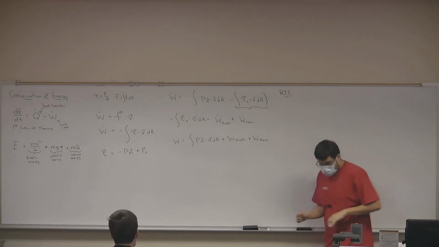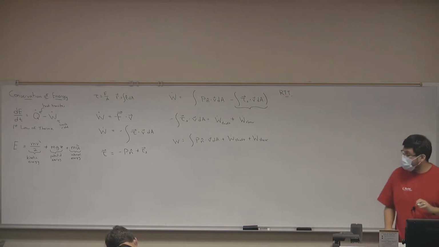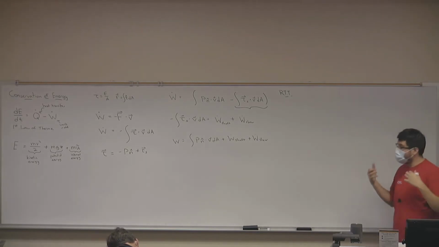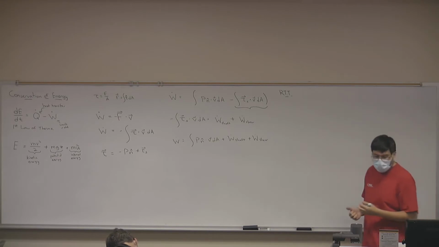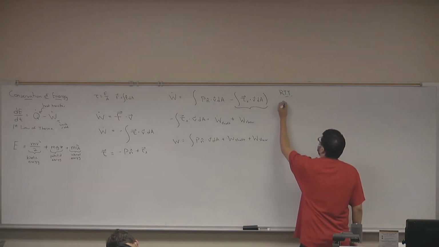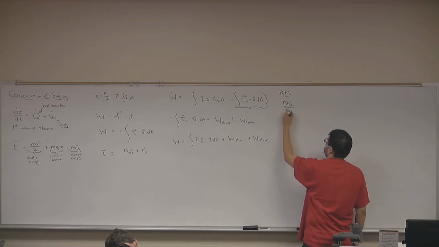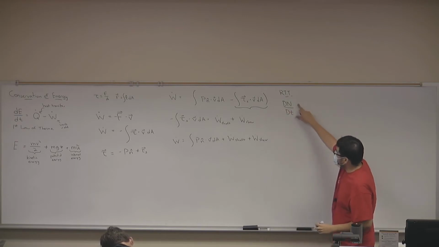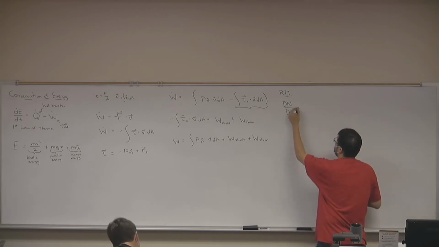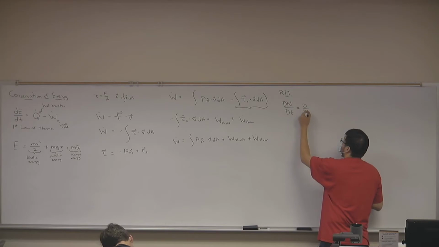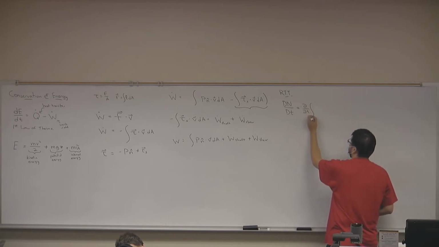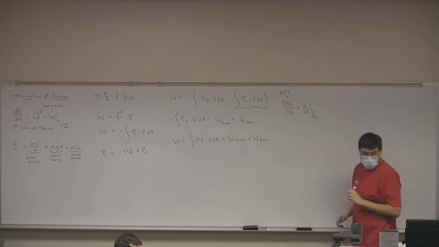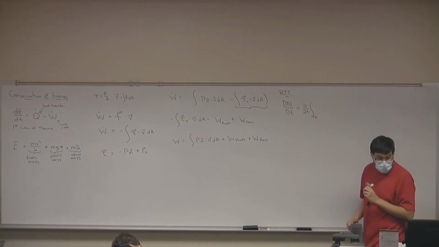Last week, on the first video of the week, we derived the Reynolds transport theorem. And if you don't remember it, that's all right. We are going to review it. The Reynolds transport theorem tells me that the rate of change, the material rate of change of an extensive property of fluid with respect to time is equal to the change of that property inside the control volume. So I'm going to integrate it over or inside the control volume. So I have the change of that property,